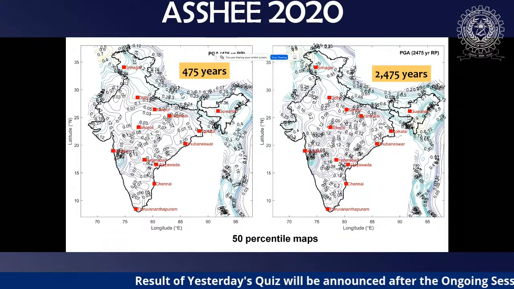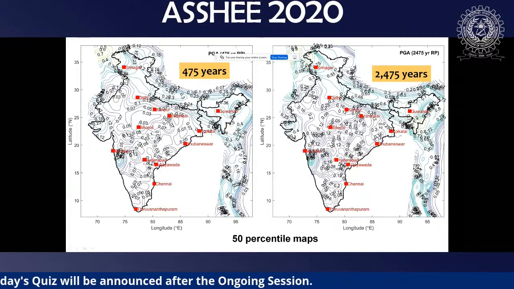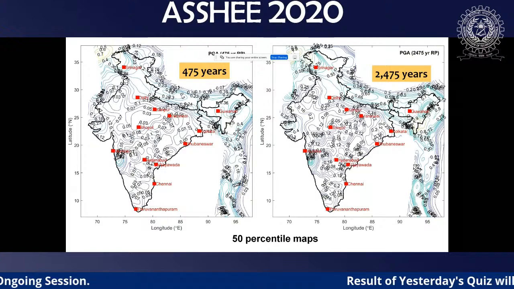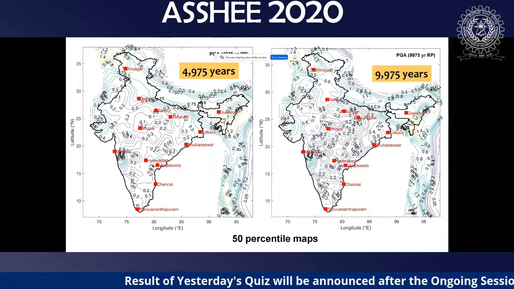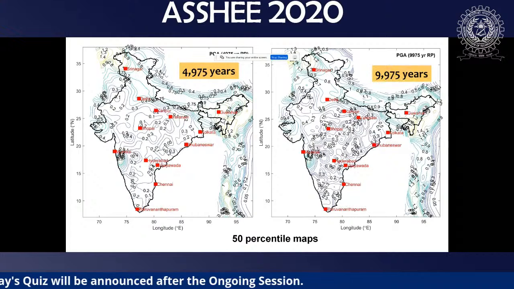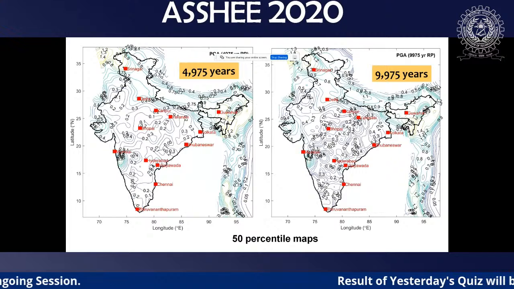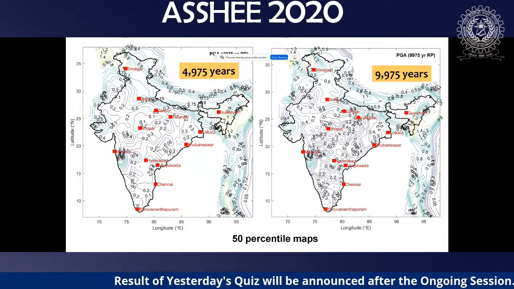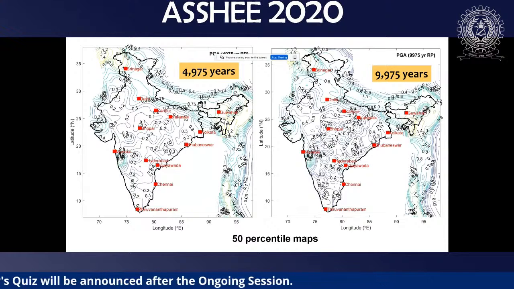So you can see in the Himalayas, for 2475 it is 0.65, and if you come to Agartala, it is almost 0.7 or 0.8, that type of high values are observed for 50 percentiles. And these are valid at B-type rock itself. Similarly, 5000 years, then 10,000 years. Obviously, 10,000 years will be extremely high. This information is required for power plant important structures. 5000 years is widely used for LNG. The ASCE code recommends you have to use this 5000 year return period also. And if somebody wants to do performance-based designs, all these numbers are required for a practicing engineer.